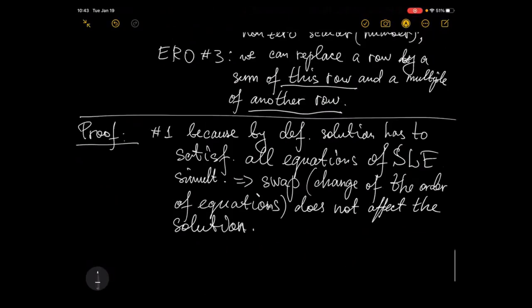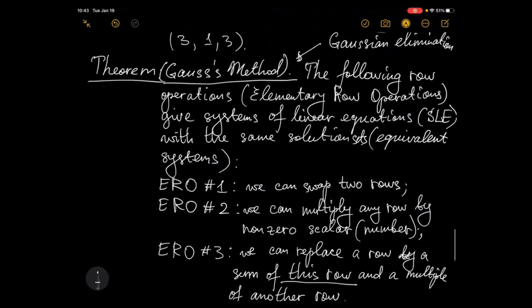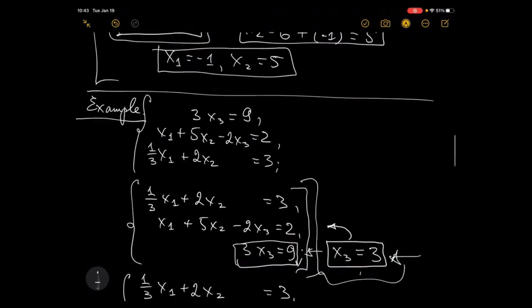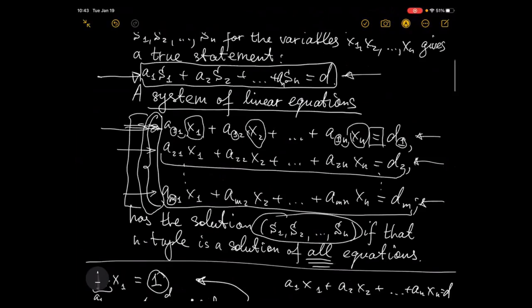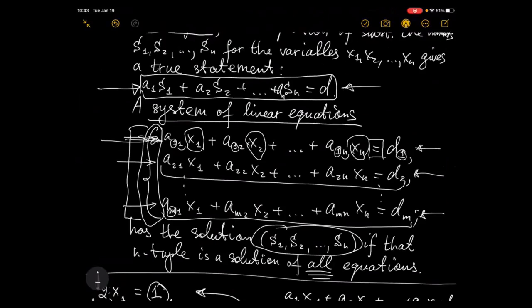Because okay, we have a system of equations. Here it is, right? So this is our system of equations. If I have a solution which satisfies original system of linear equations,